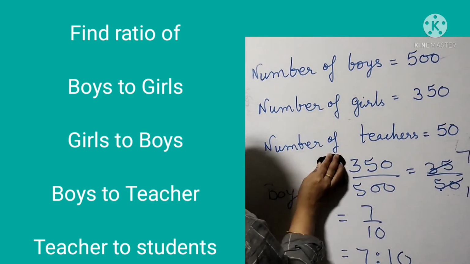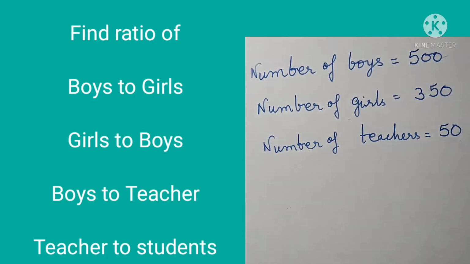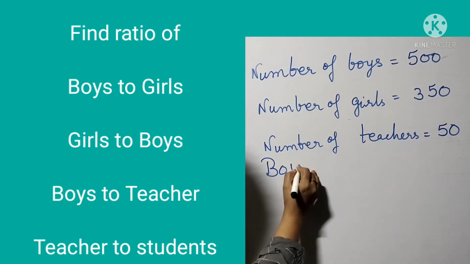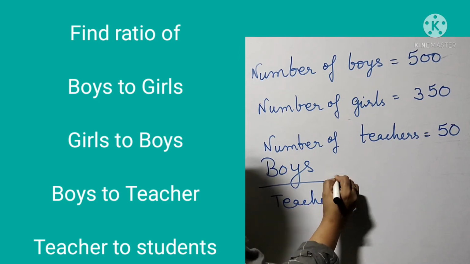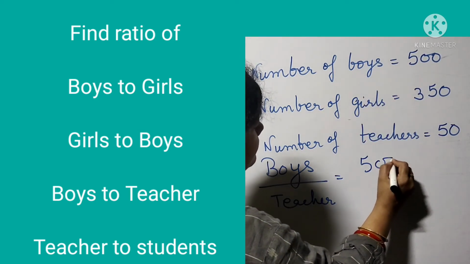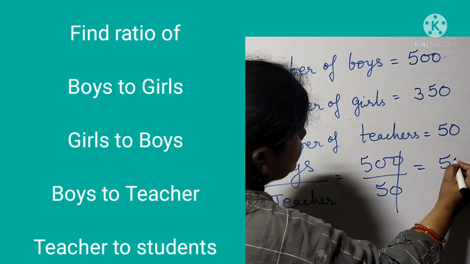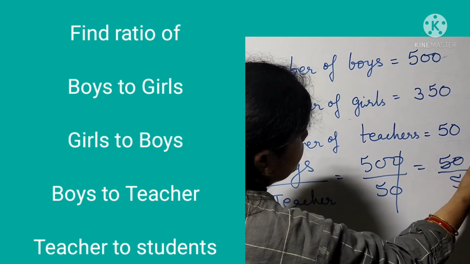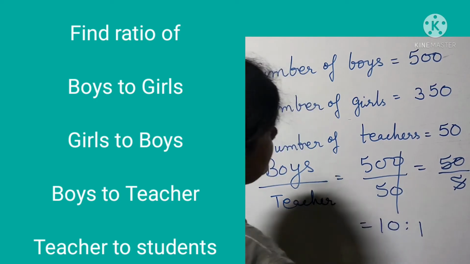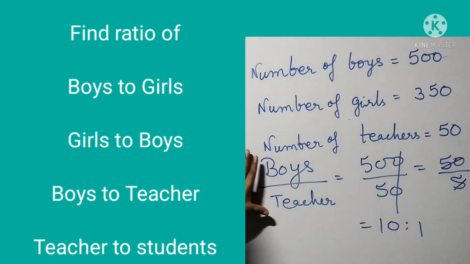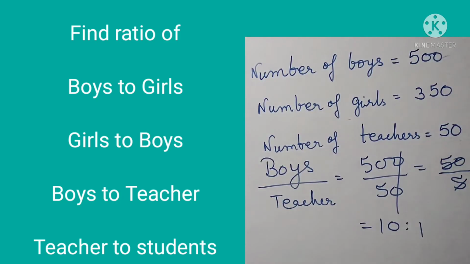Let's, for example, find another ratio in this particular question. For example, ratio of boys to the ratio of teachers. Now, how many boys are there? 500. And how many teachers are there? 50. So it gets cancelled. We get 50 over 5. That is 10 over 1. That means the ratio becomes 10 is to 1. So that means I want to say that the ratio which is asked in the question, we have to put the data according to that, and after that we simplify them